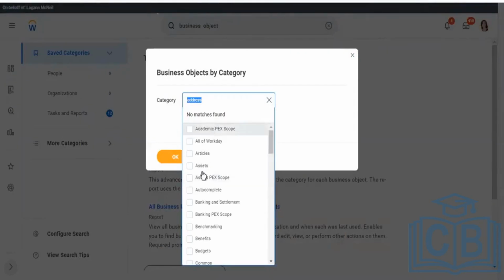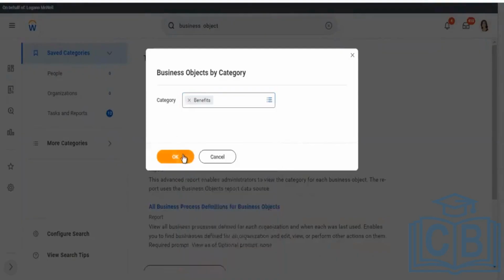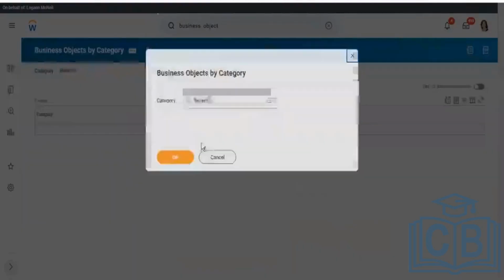This is not the benefits. If you click on benefits, what are the business subjects available in the benefits module? We're getting state for,